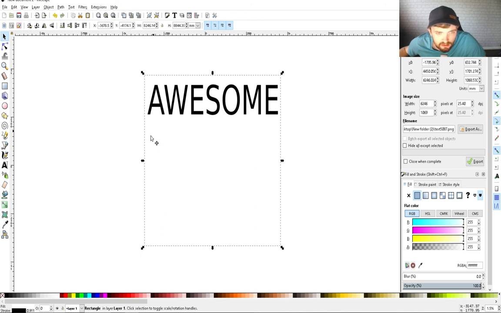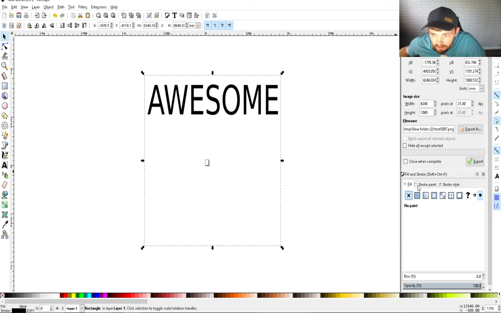So basically you're going to make sure that doesn't have a fill. Make sure it doesn't have a stroke. You're going to get both of them, and then you're going to put the dimensions 4,500,